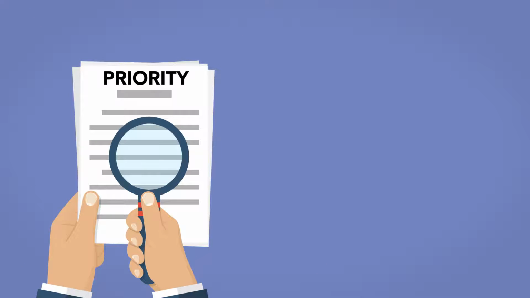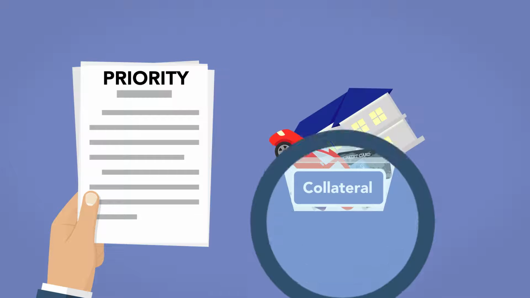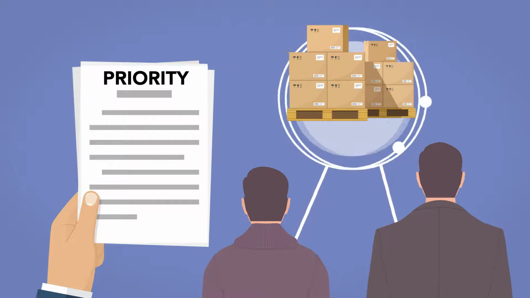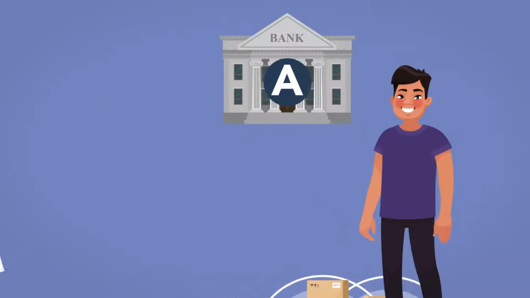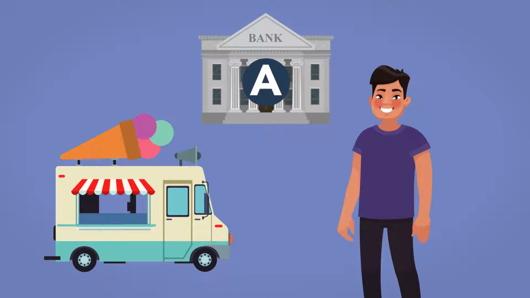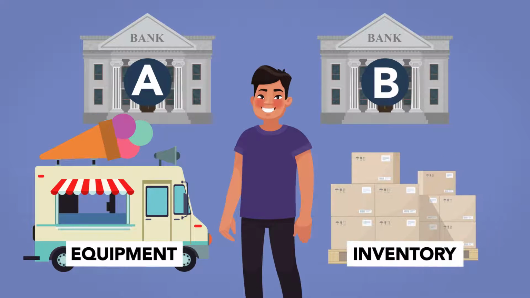When examining basic priority issues, the first step is to verify the collateral. Determining creditor priority is only necessary when two or more creditors are claiming an interest in the same collateral. For example, if John is a debtor and Bank A has a security interest in some pieces of his business equipment, and Bank B has a security interest in John's inventory, there's no dispute. Each secured party has its own collateral to pursue.